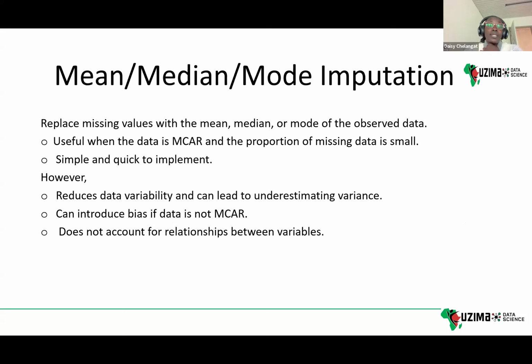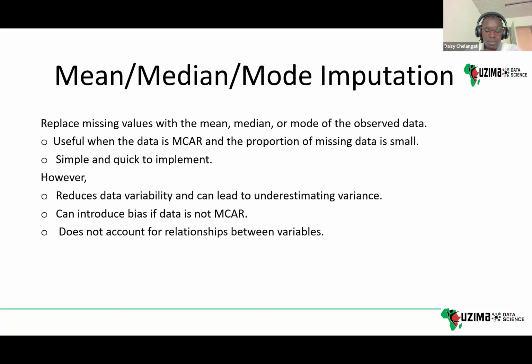It might also be hard to interpret and can introduce bias if you're doing multivariate analysis. So there is also one common method, mean, median, or mode imputation. You simply replace the missing value with the mean, mode, or median of the observed values. So for age, if age is missing, I just find the mean of the age variable and then impute